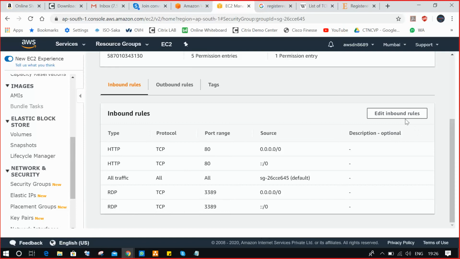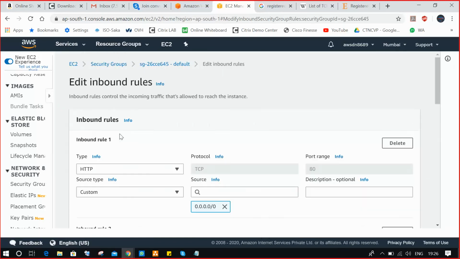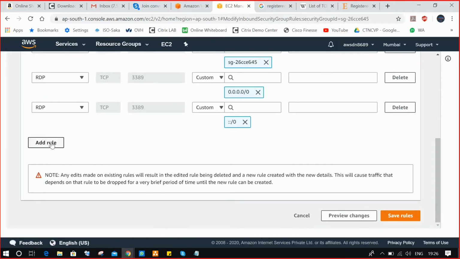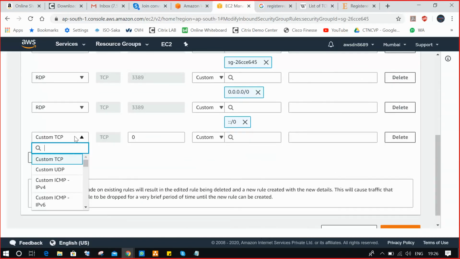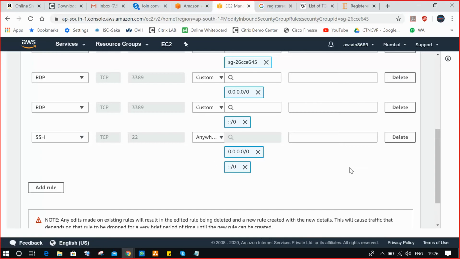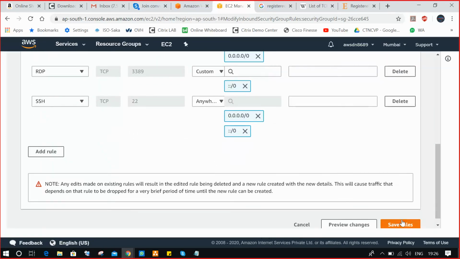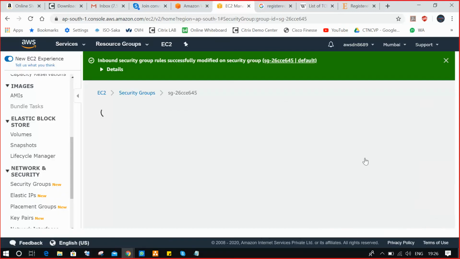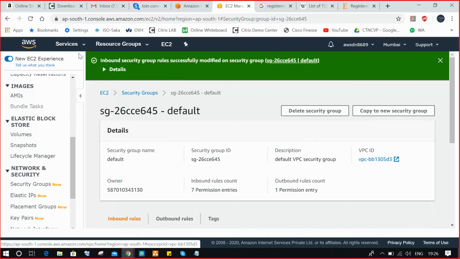No. Click on edit inbound rules, add rule, select SSH, custom, anywhere, save rules.